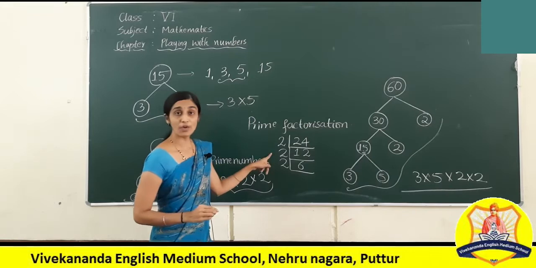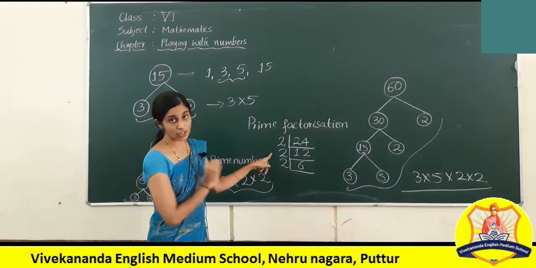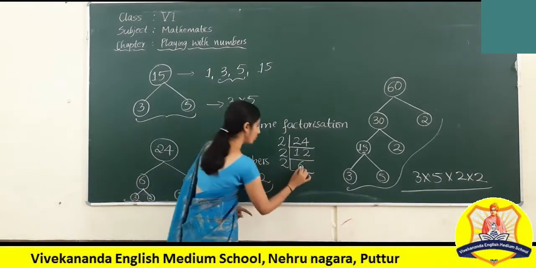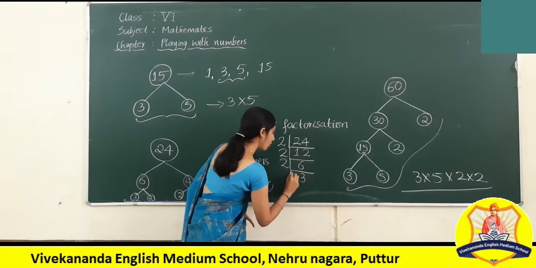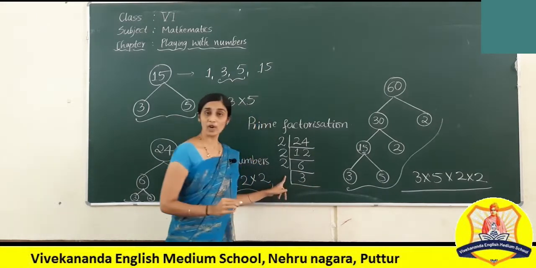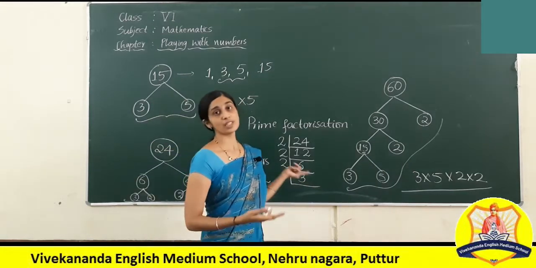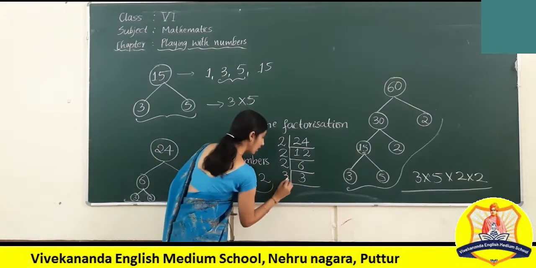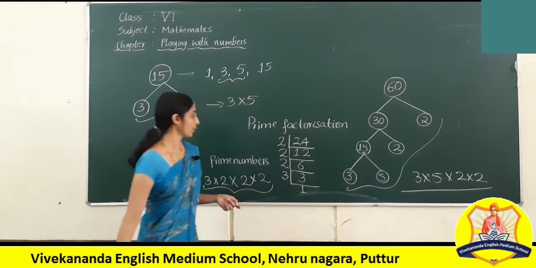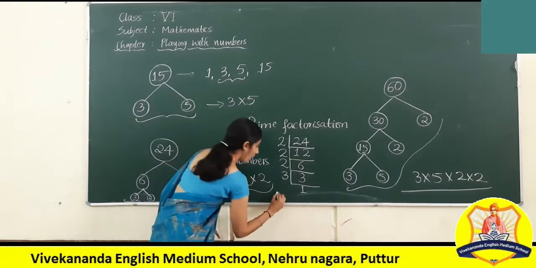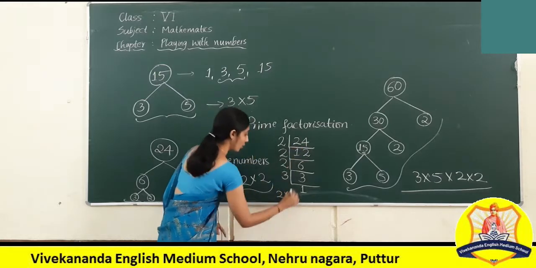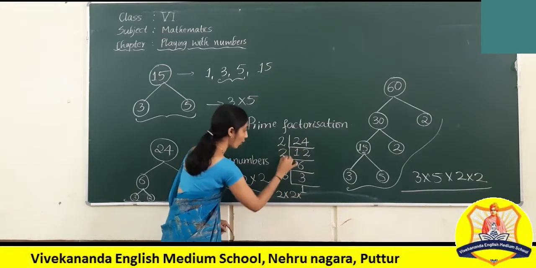So, lowest possible prime number I should take here. 2. 2 3's are 6. Further, if I take, it cannot be by 2. So, I should go for the next lowest prime number, that is 3. 3 1's are 3. So, I can express 24 as the product of